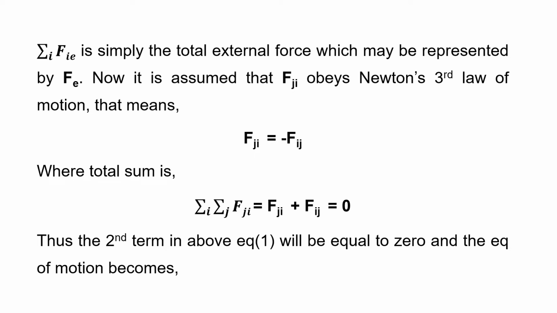The sum of all the forces will be equal to 0. Thus, the second term in the above equation 1 will be equal to 0, and the equation of motion then becomes, for the above equation, we can write as,